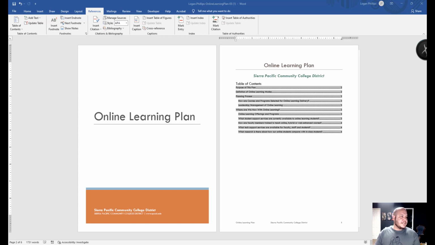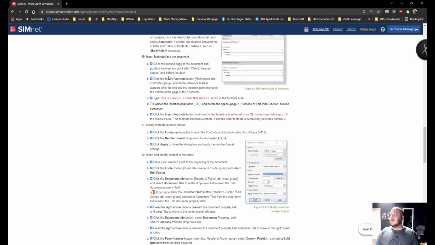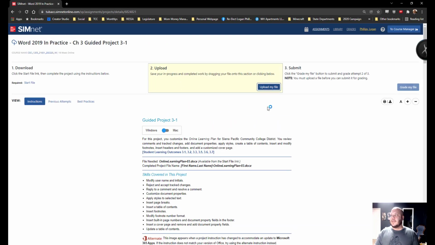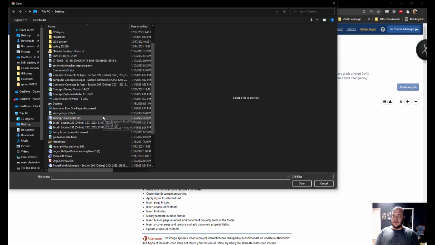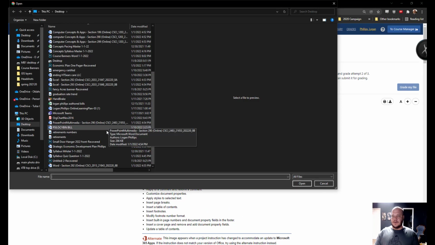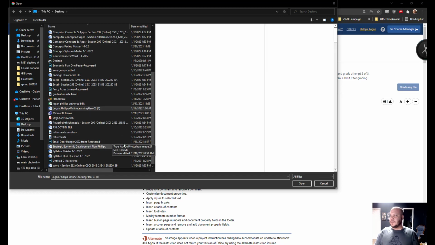We're now on to step 16. We're going to save and upload this, see if we made any mistakes, and then fix those that are made. So let's just hit save in the top left-hand corner. We're going to then upload this to the web. So let's scroll back up. And we're going to choose that document. So I believe it's Logan.Phillips Online Learning Plan. And again, we're looking at our